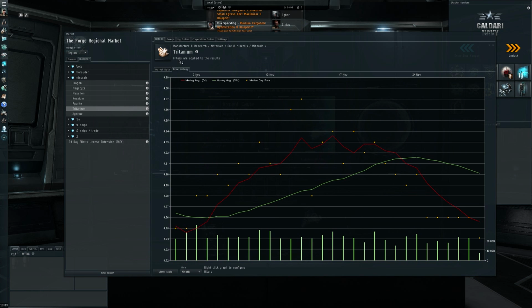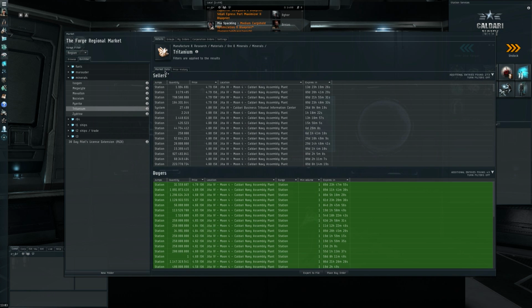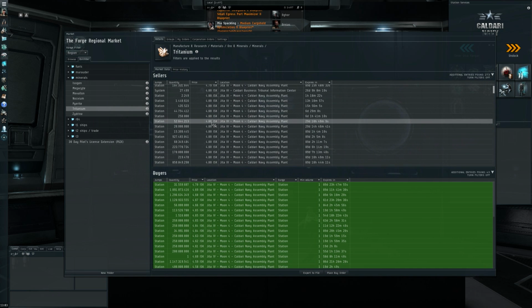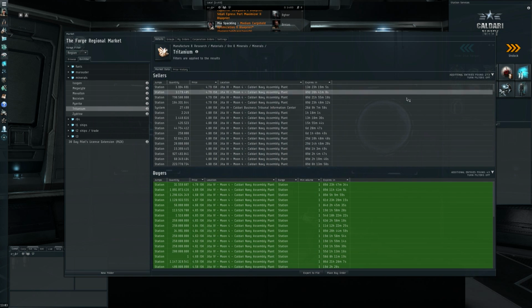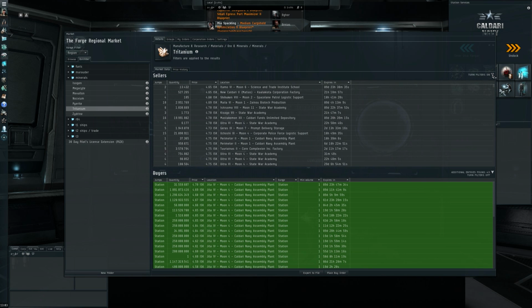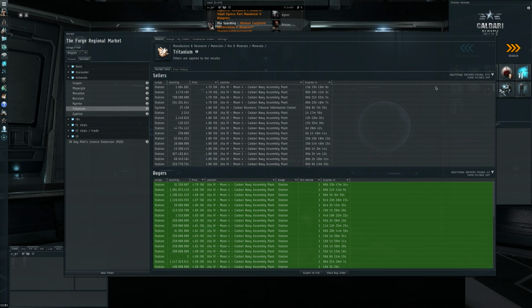Another change that was done, if you look at my market data, is that it's all in the GTA station at the moment. It turns out that in the settings tab you can also change some of the filters. For instance, the amount of jumps is now set from 0 to 0, so that it's really only stuff in this system or in the station that is being shown. And then if I go back to the details, you can turn this filter off, and then it's the entire region that gets shown. But for the EVE Talks, I think it's all about what's happening in the GTA market,